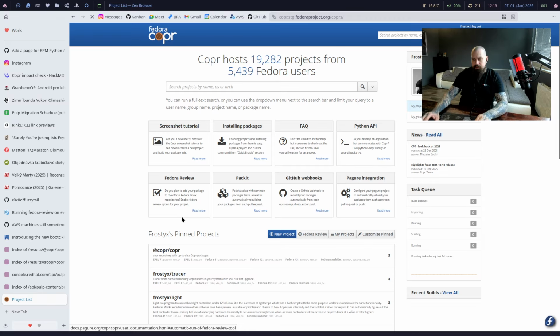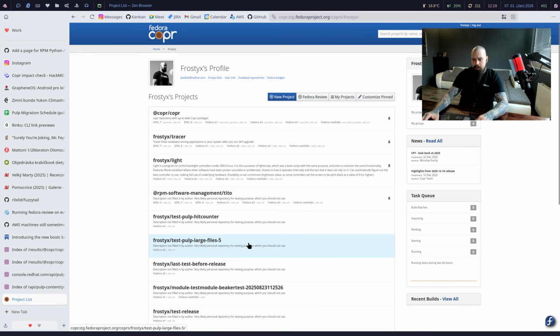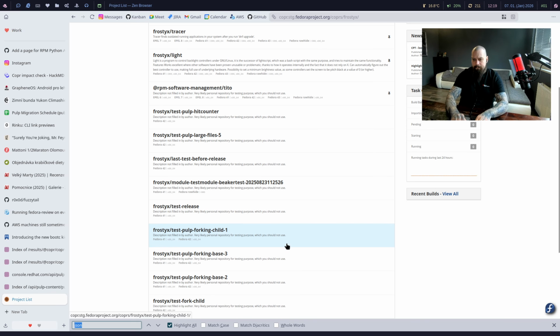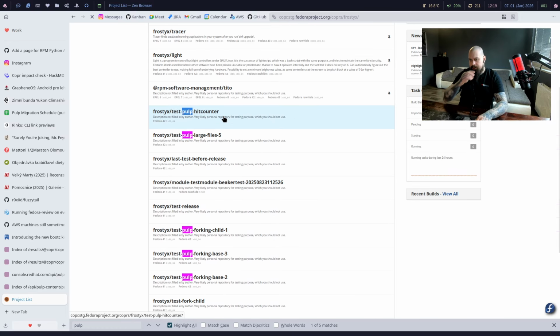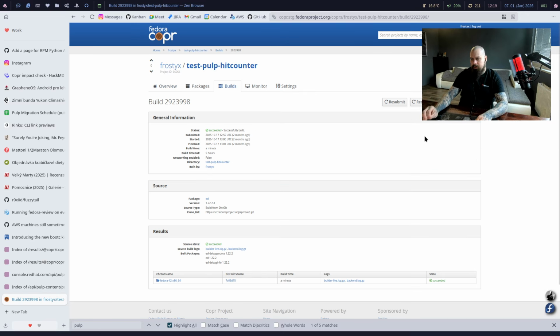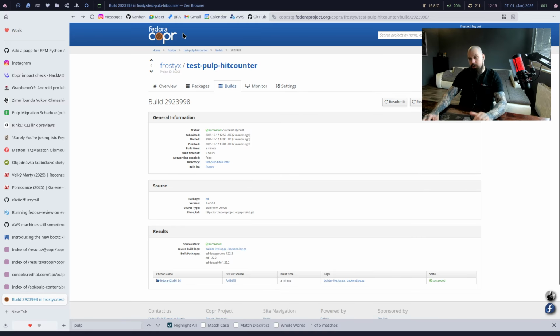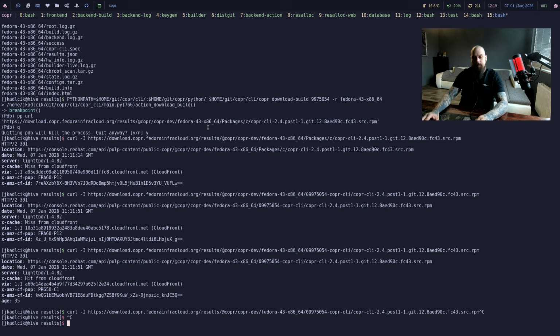Maybe some of my projects will be in Pulp. I don't know, for example, this one. This should probably have the package in Pulp, I guess. It's too old. God, okay. Let's submit some build. Let's submit some build. So